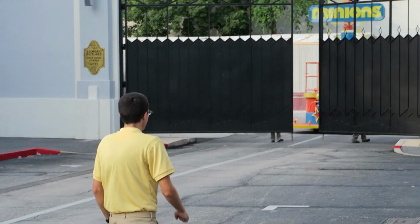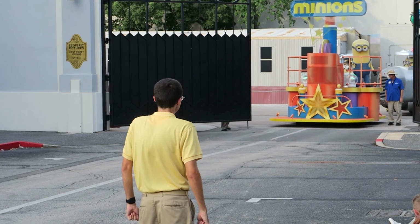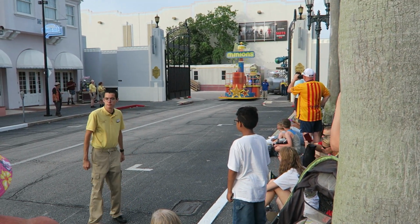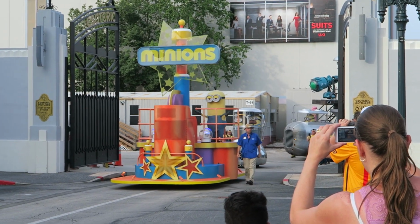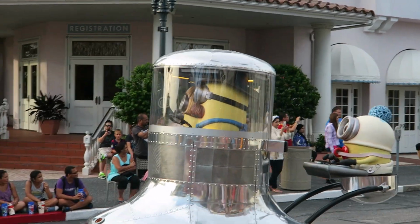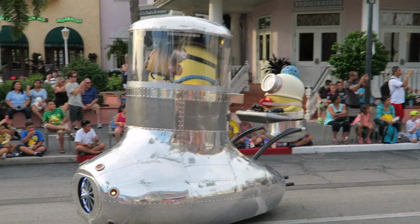That guy wants to dance. Yeah, that's it. Check out his Michael Jackson footwork. Yeah, there you go. Here comes some Twinkies on a float. Oh, it's a baby Minion. I don't remember quite that one from the movie, but...